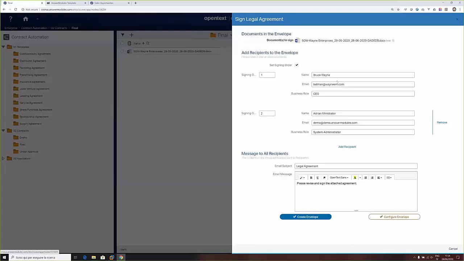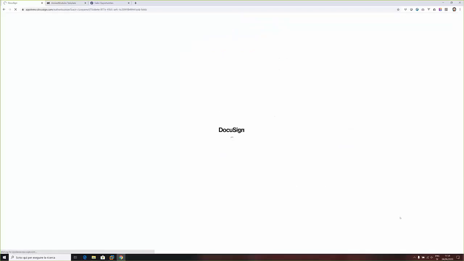So we can specify, we already have the signer here, and we already have ourselves as a second signer, and the email subject and email message pre-configured together with the document. What we can do now is just click a button and finalize this agreement on DocuSign to be sent out to our users. So we have been automatically redirected to the DocuSign interface, where we have the possibility to